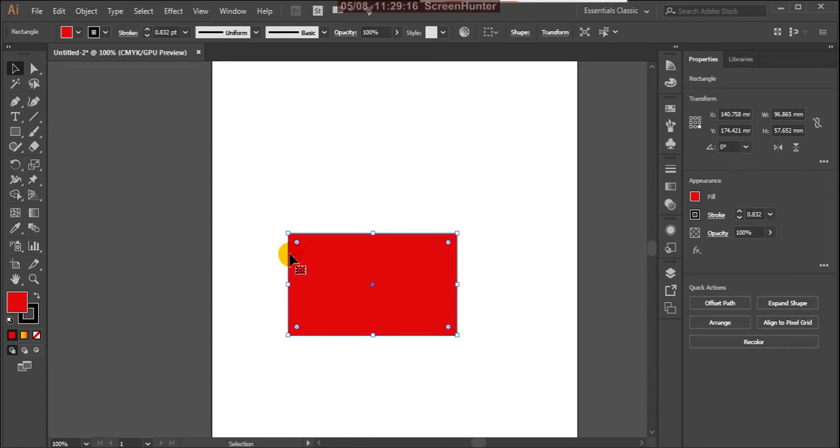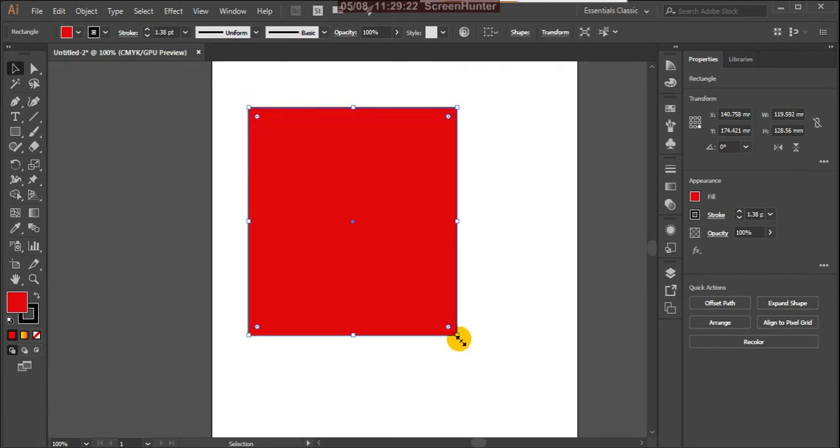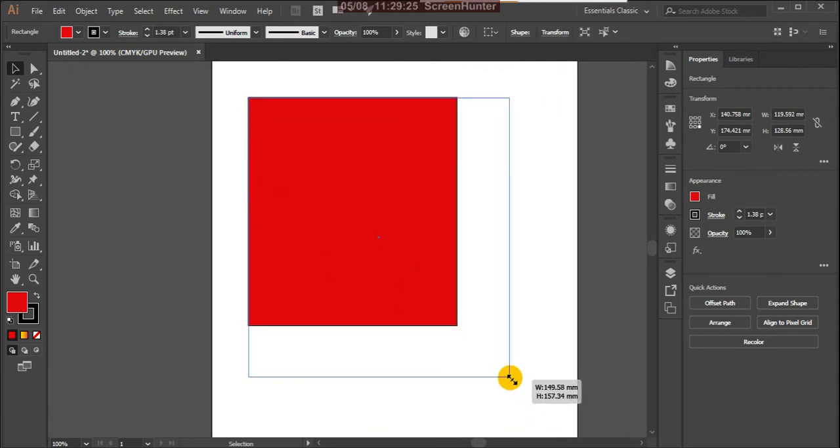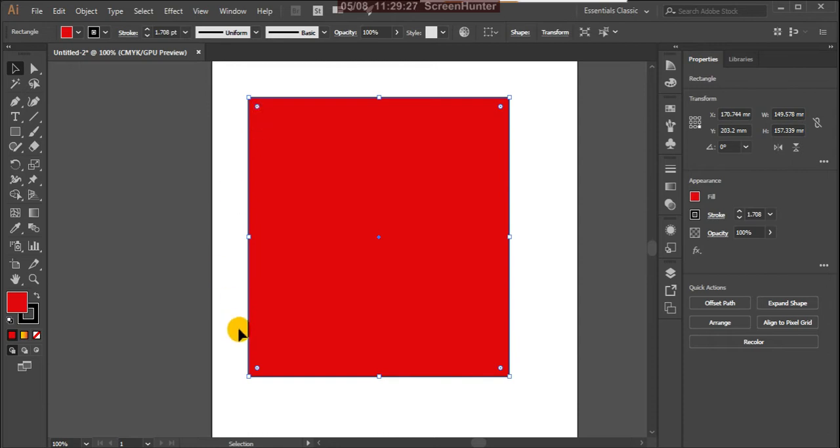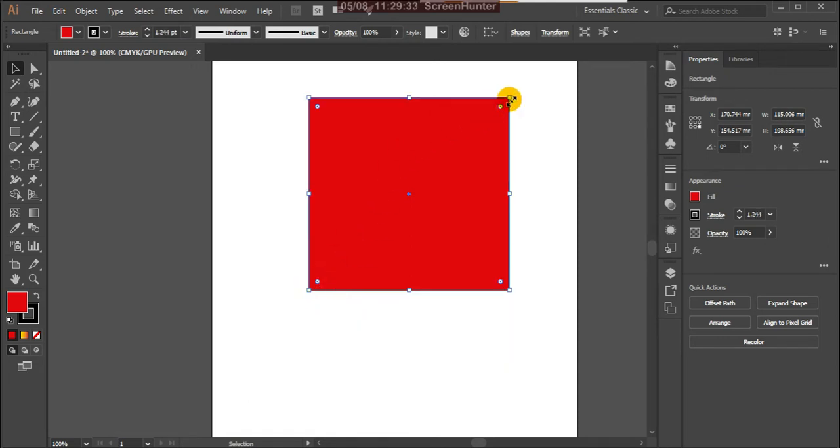In the same way you can move this side, and this side. You can observe that one side is fixed, and the opposite side is fixed. If I want to change the shape, decrease the shape, this side is fixed and the other side changes the shape.